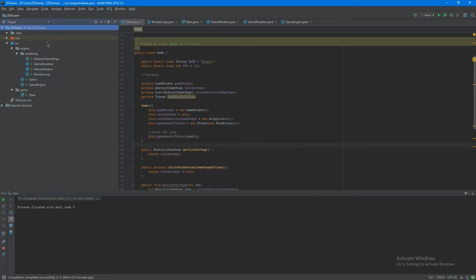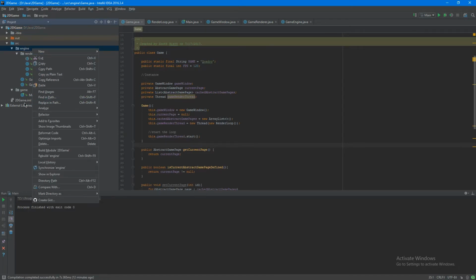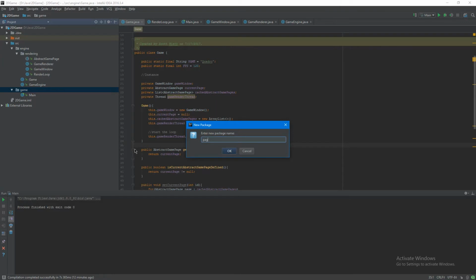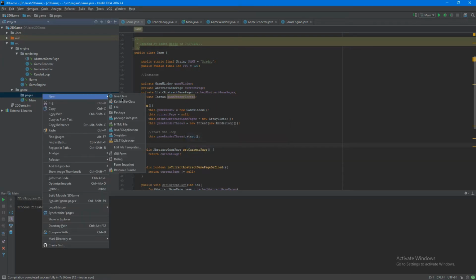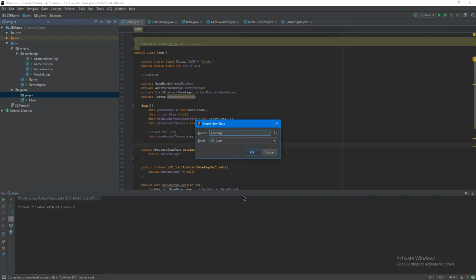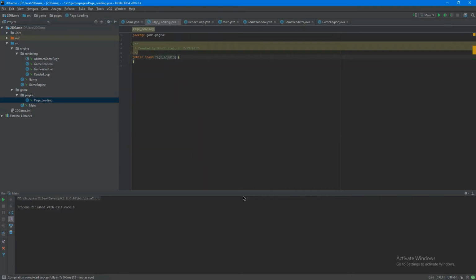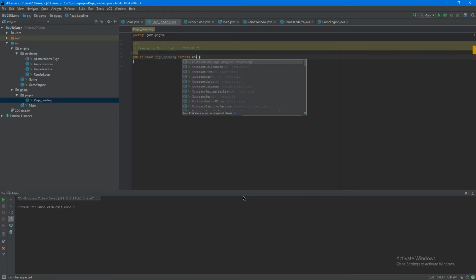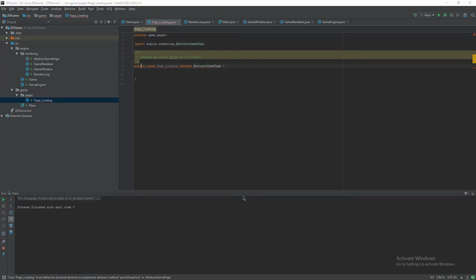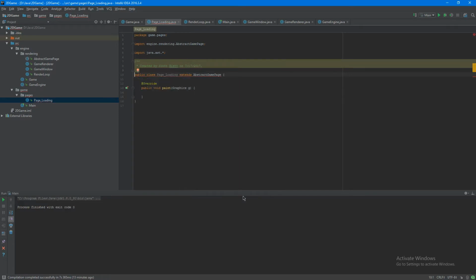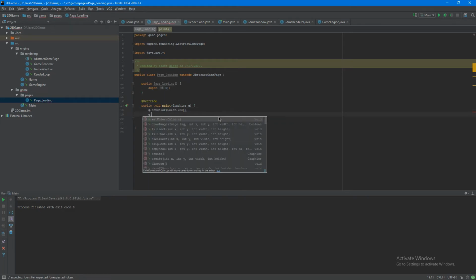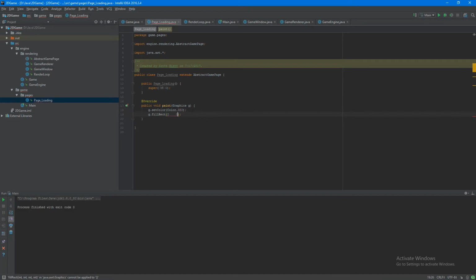Okay, so now in the game, we'll create a package called pages. We'll create a loading screen, a new class PageLoading. We'll make it extend the abstract GamePage, and we'll have to implement all the methods. We'll create the loading page with an ID of 0, and we'll do g.setColor(Color.red), g.fillRect(0, 0,